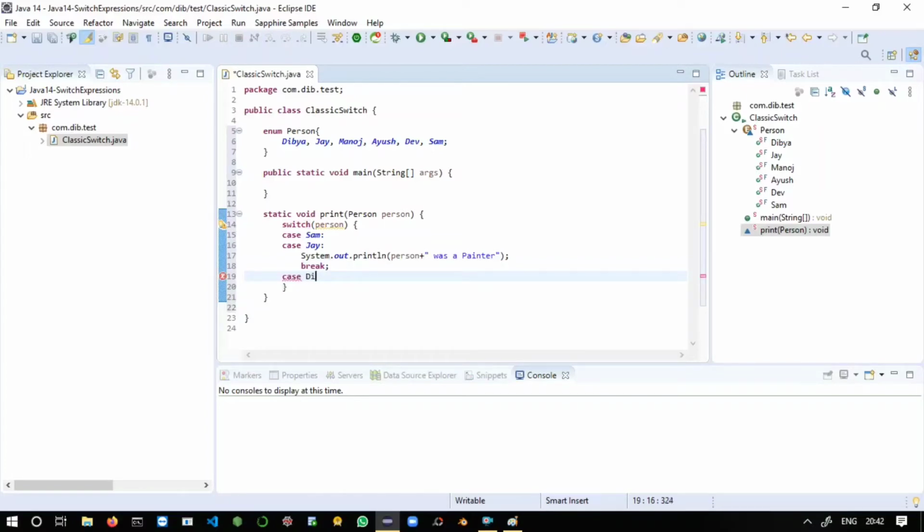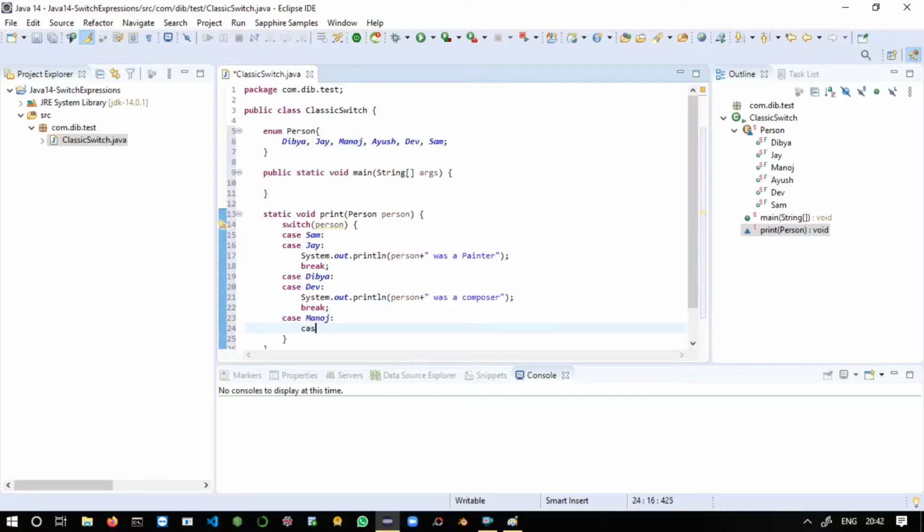Next case you can take Divya, next case Dev. For these two cases we will print sysout person plus a string "was a composer". Another break statement here. Next case you can take Manoj and also Ios.